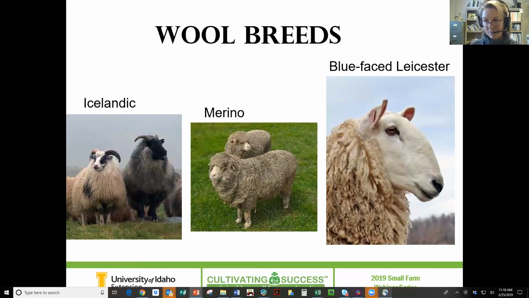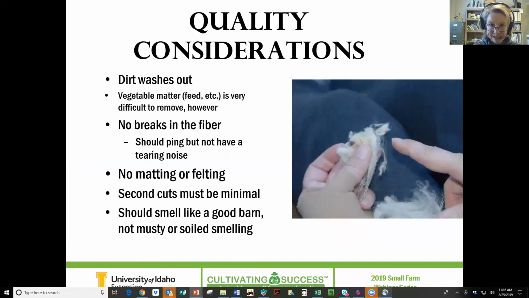So if somebody wants a soft fleece and you try to market them an Icelandic fleece, they're going to be disappointed. So it's good to have a good representative of your breed, so when you're selling that breed, people are getting what they expect. And a real nice way to see how you stack up is to go to fiber shows or fairs and submit entries with your fleece.